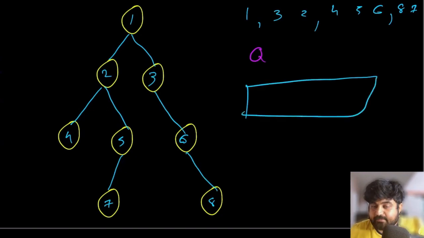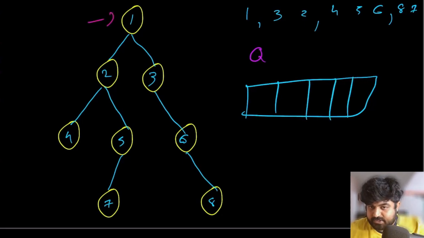And currently I'm just showing you how to do a level order traversal, and then we will do zigzag level order traversal. So first let's just see the level order traversal. For that, we are first of all going to start at the root position and we are going to populate that value inside our queue. So this is currently value number 1. Now we are going to visit the children of 1 before visiting the grandchildren of 1. This is the whole logic of the BFS, that we are going to visit the children before visiting the grandchildren.